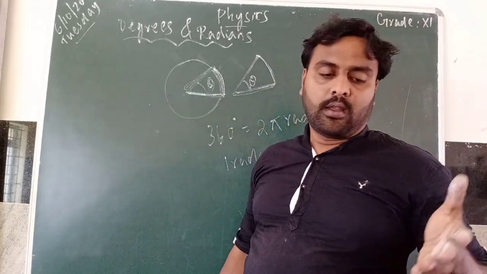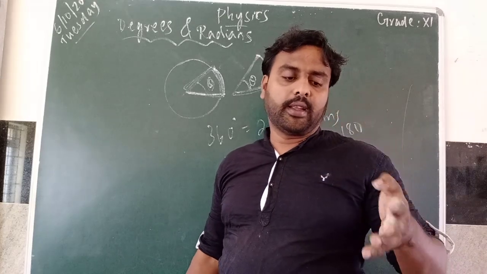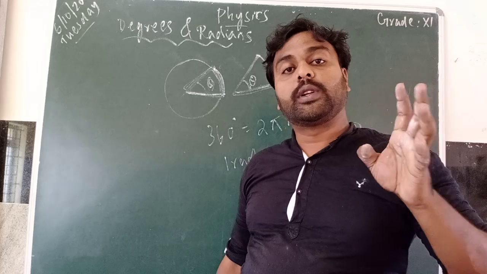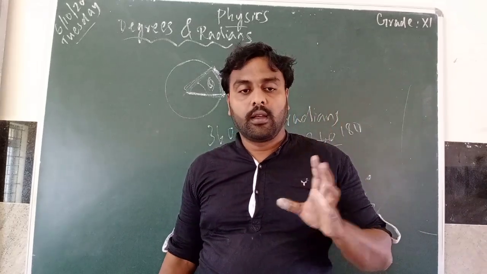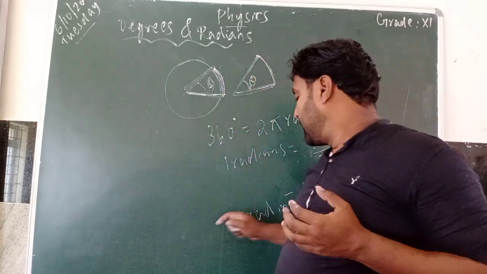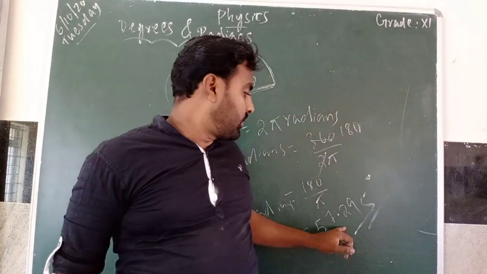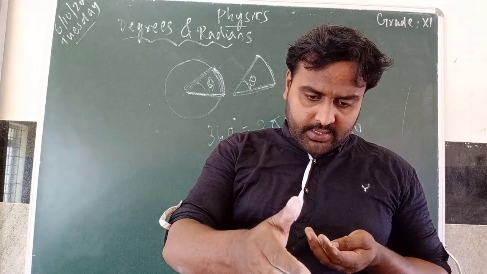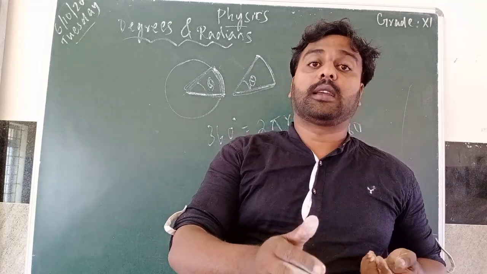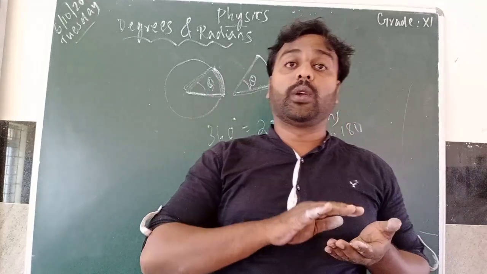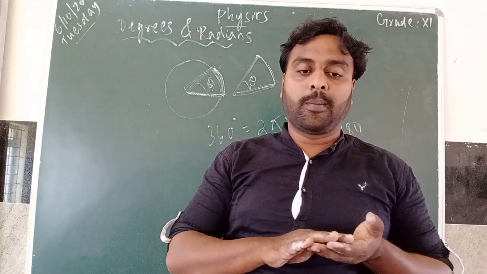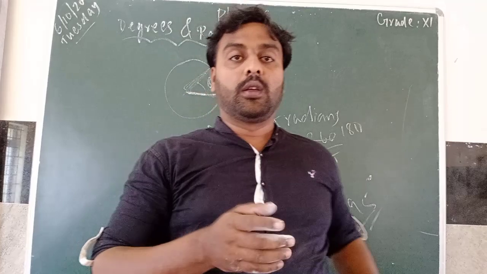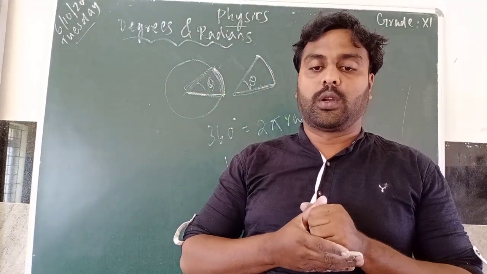So mark that. Then degree. Define degree: it is a unit of measurement which is used to determine the size of an angle. Then this value, 1 radian, is equal to 57.295 degrees. In page number 88, example 2.39, we have to do it as homework. One example problem is there based on this calculation. We can do it as homework.